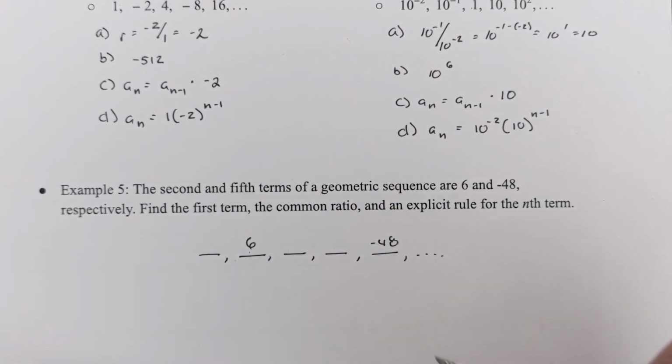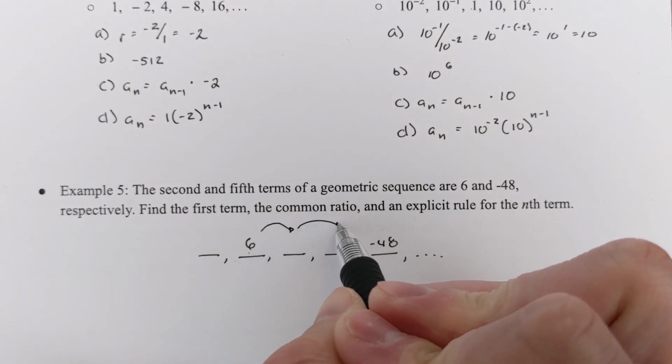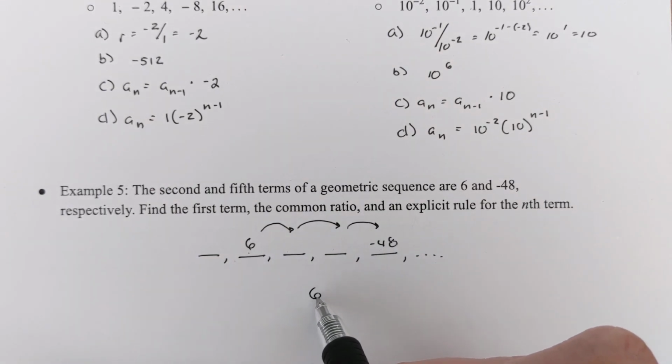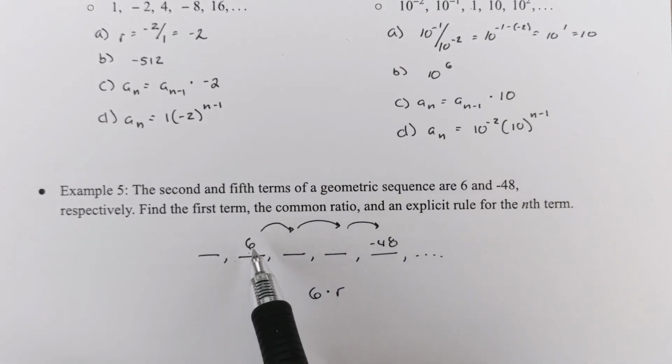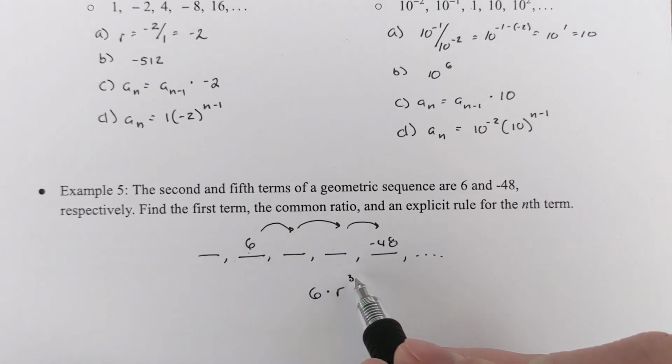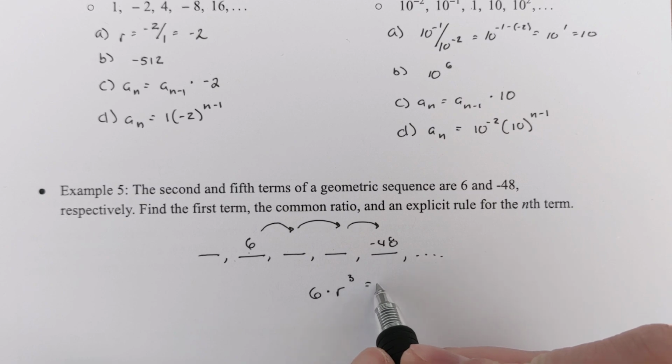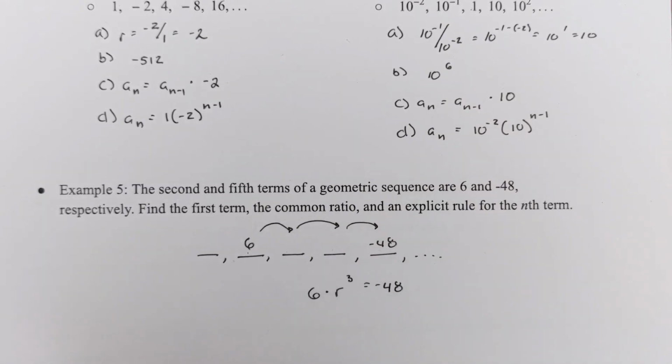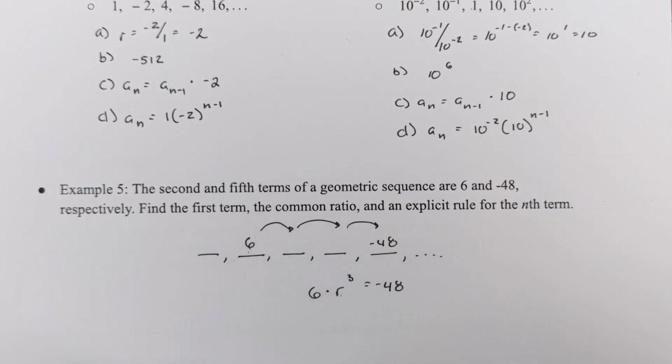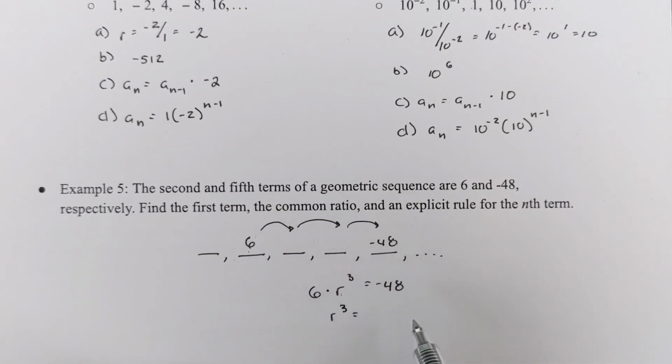Okay, so there's something that we have to multiply by to go from one term to the next. So 6 times r, 1, 2, 3, cubed, is equal to -48. Because I took 3 steps, so I did 3 multiplication steps of r, because each step is a multiplication by the r value. So r cubed,